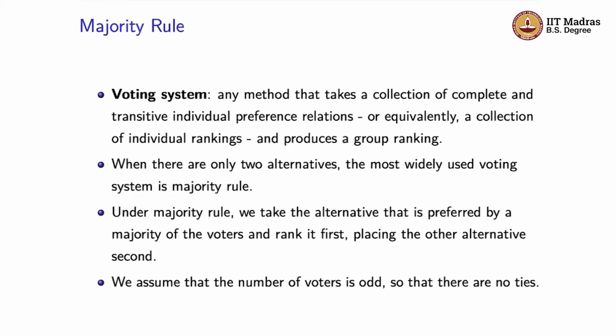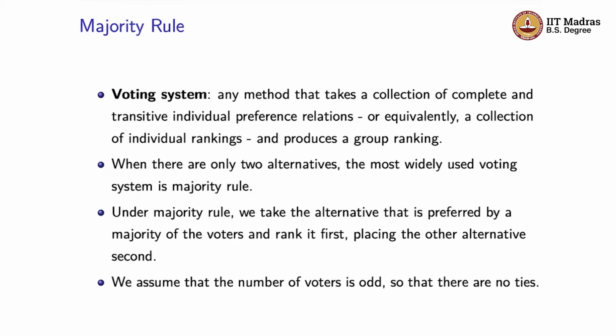Remember that we are talking about individual voters who have complete preferences. So each of them has preferences about whether they prefer option one or option two, right? And so we count the number of people who say option one is the best, and count the number of people who say option two is the best. If the number saying option one is larger, then option one is ranked first,